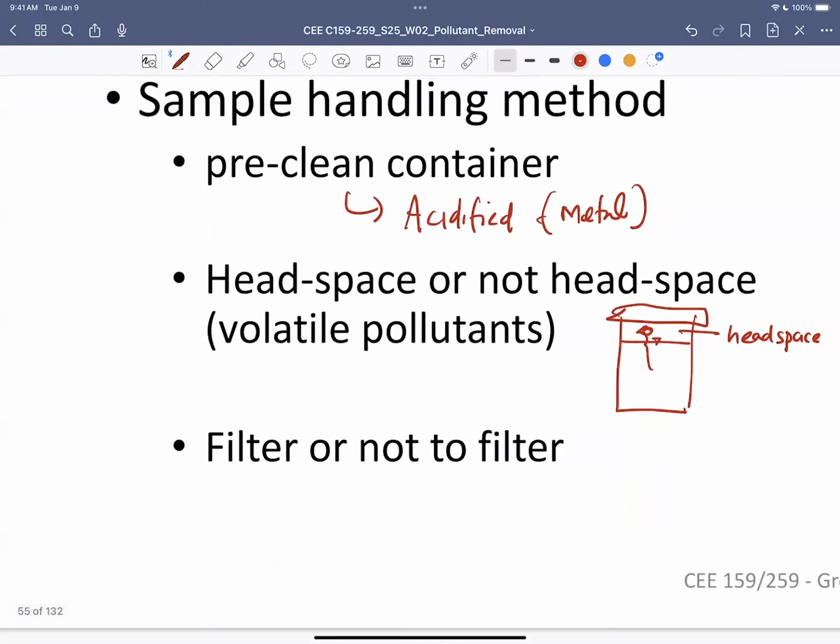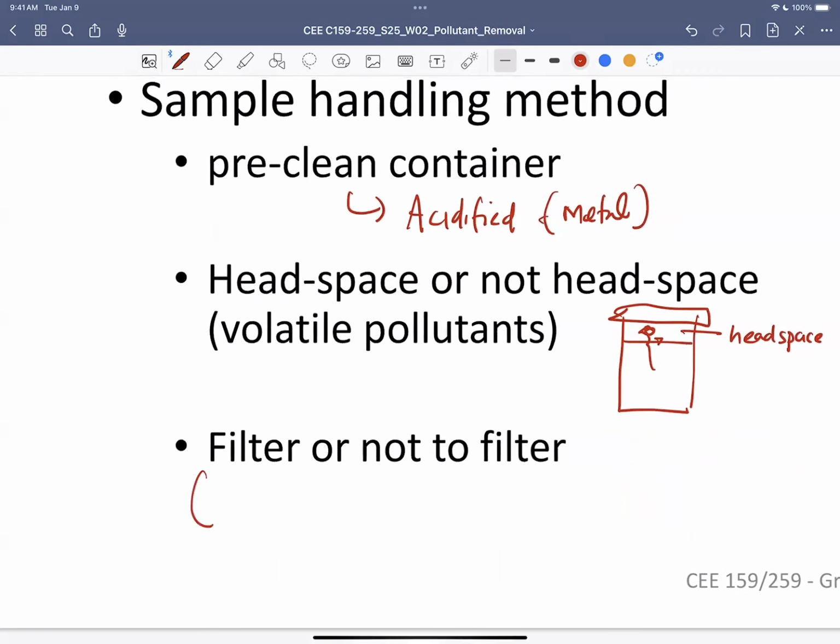Then you have to think of whether you should filter or not. Just think of what the filter does and the filter size. Most of the time, the pore size is 0.45 micrometers. If you filter, it removes a lot of particulates, and it will remove bacteria. So when you are looking for dissolved pollutants, you should filter. Think of dissolved pollutants, let's say dissolved nitrogen, nitrate. Then you have to filter so that the bacteria are removed, and those bacteria will not eat up any of those pollutants